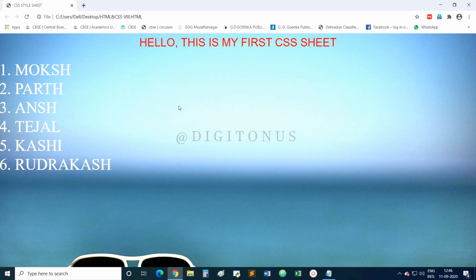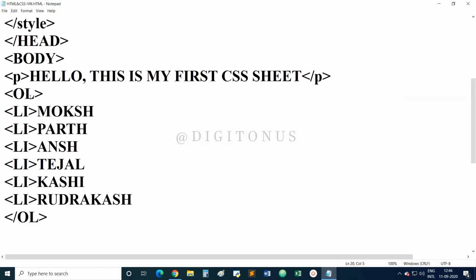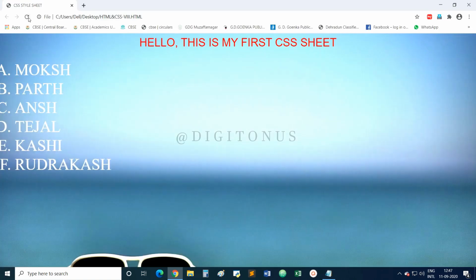Now if you want the list to be displayed in alphabetic order, that is A B C D, what you have to use is an attribute along with the OL tag, that is type equals capital A. Once you have written this attribute with the OL tag and saved the file, refresh the browser. Now you can see the list starting from the alphabets A B C D.